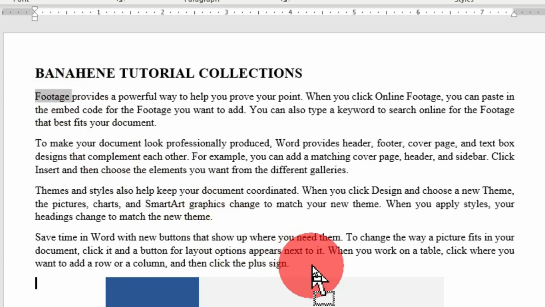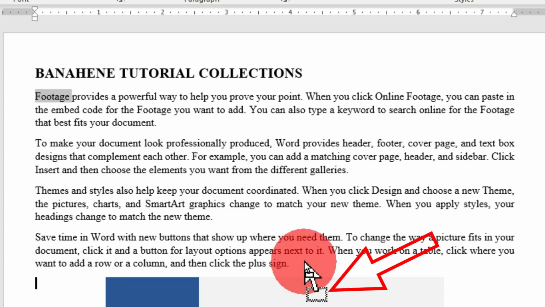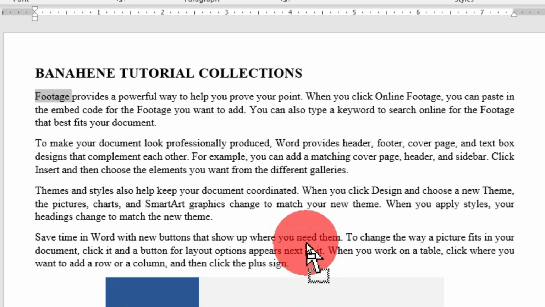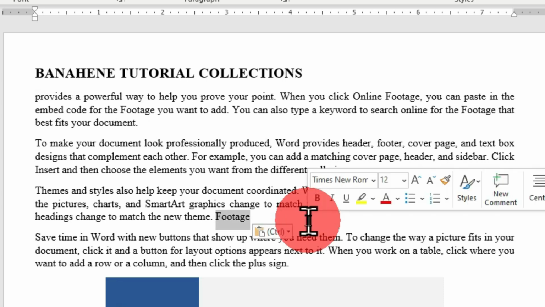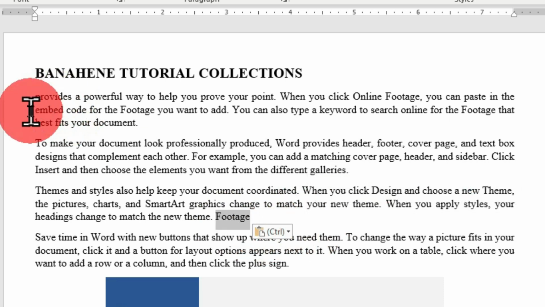You can see that I have this new cursor look given to this mouse pointer, and wherever I want this particular word to be, I'm going to release the mouse. Therefore, I have moved or permanently moved this word from this original location to this current location. So when it comes to moving text, you can use the copy and paste option. You can use the cut and paste option. But a quick way is to select and drag the word, which is a very cool tip you can apply